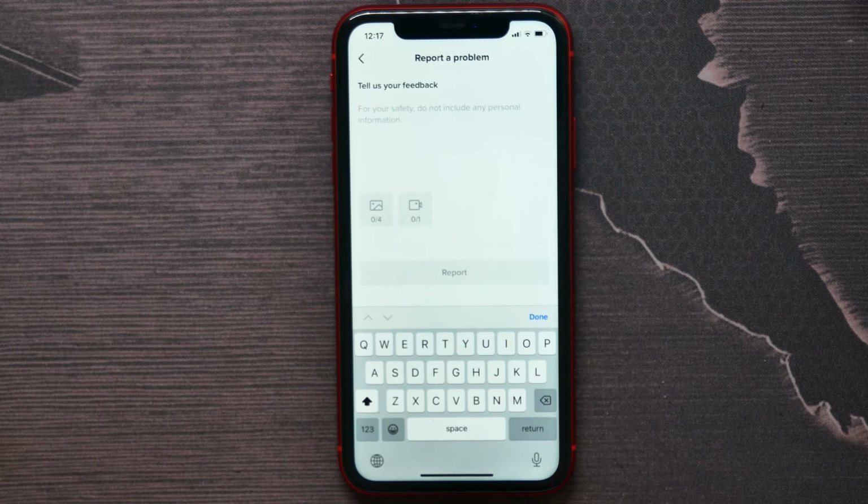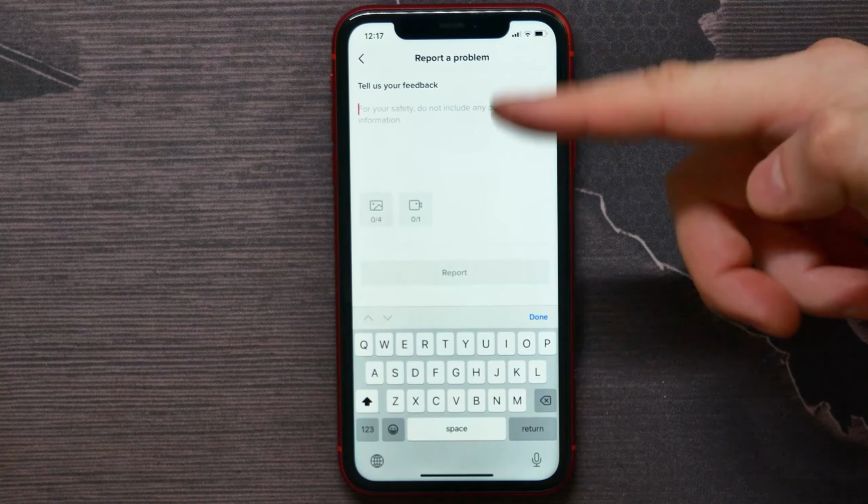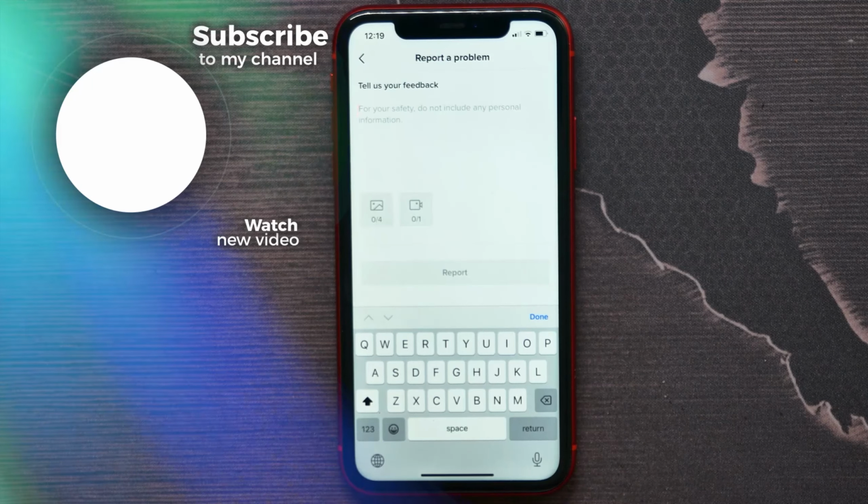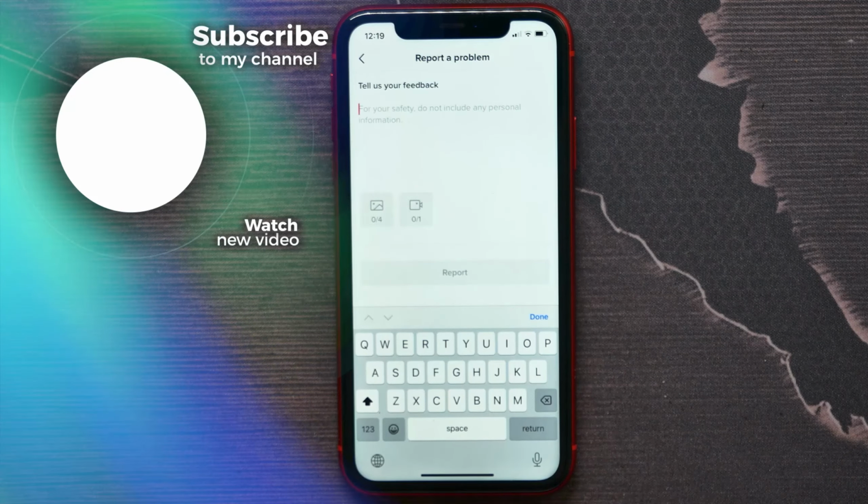It can be different questions to verify that you are the owner of that TikTok account, and then you will be able to send them your new phone number so they will unlink your old number and link your current phone number. So now you know how to remove old phone number